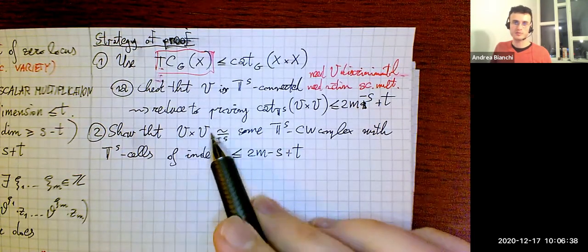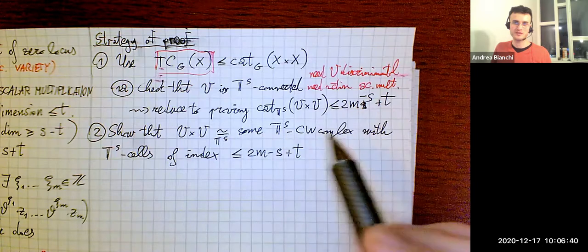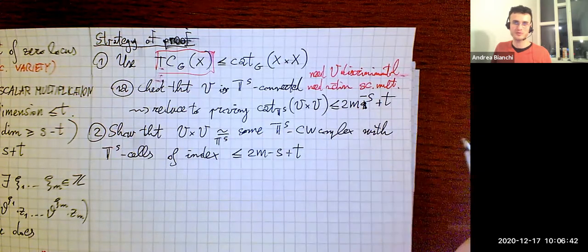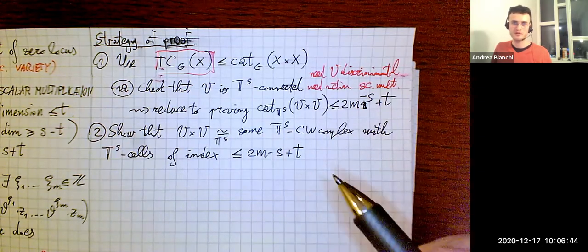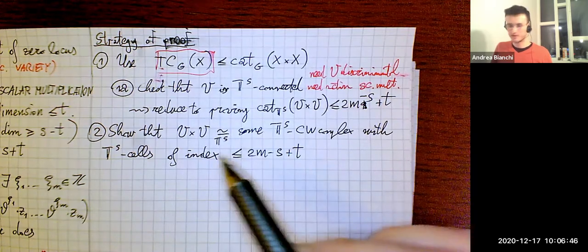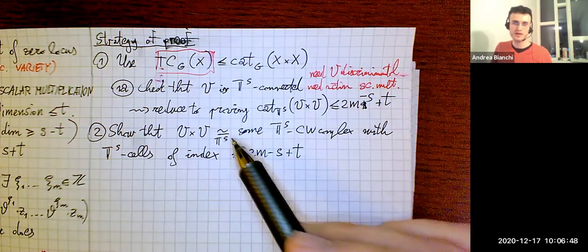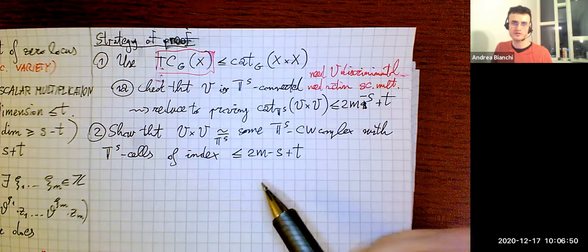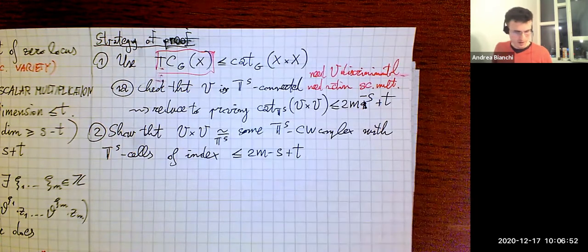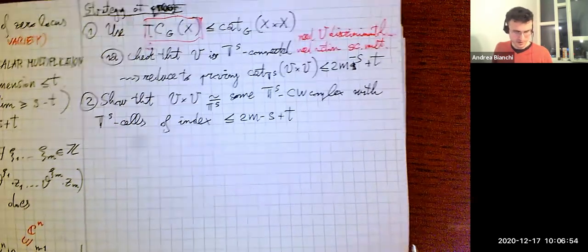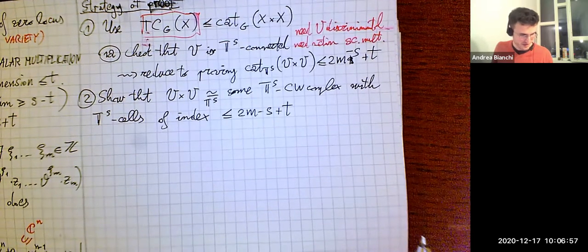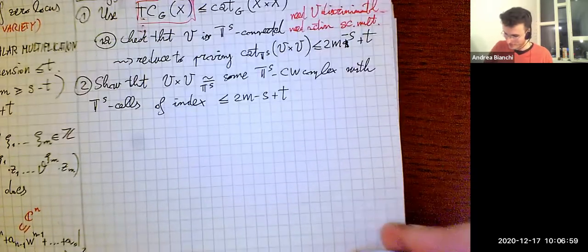To approximate a manifold with a CW complex, we are used to applying Morse theory. Now we are in the equivariant setting, so we need an equivariant version of Morse theory. And this is fortunately available. So the next sub point would be